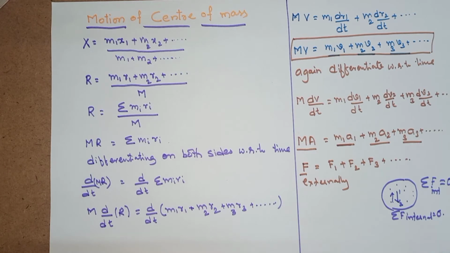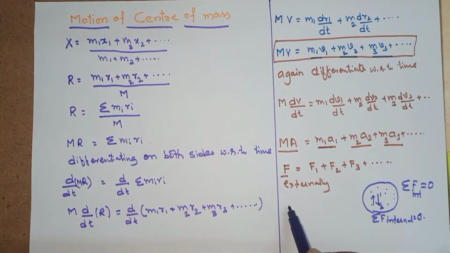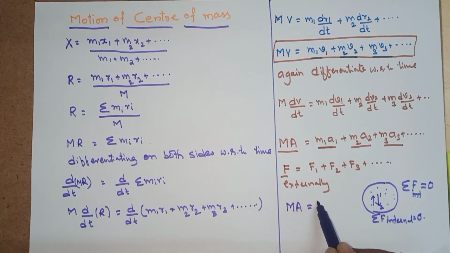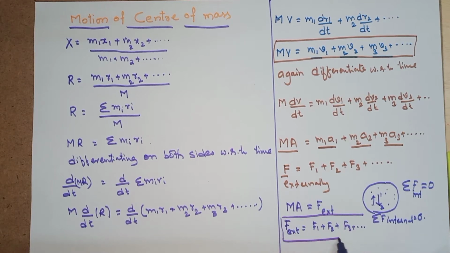F internal is equal to 0. Now I am writing it as MA, which is acting on the body, which is called F external. Now we will write F external is equal to F1 plus F2 plus F3, and so on. This is the total force acting on the body, which is equivalent to individual particles experiencing the force simultaneously,